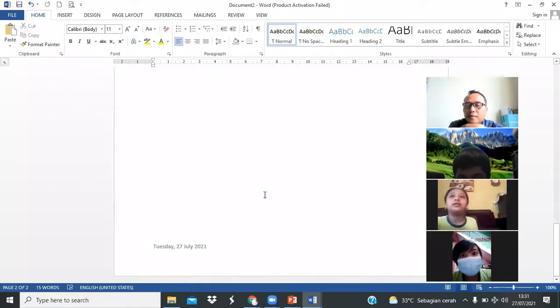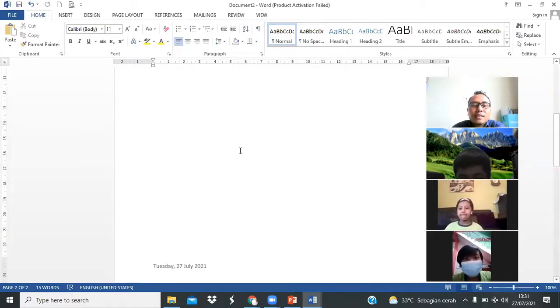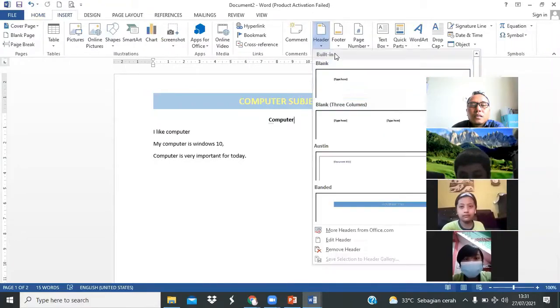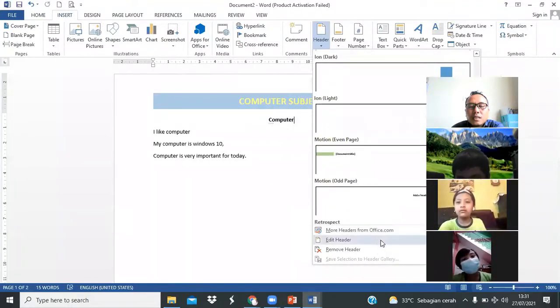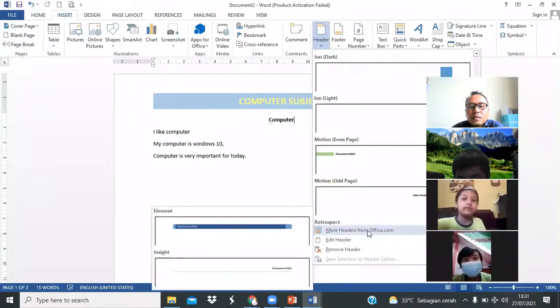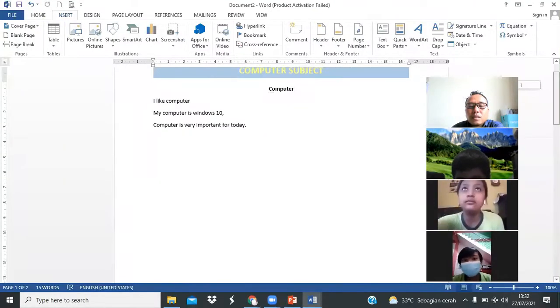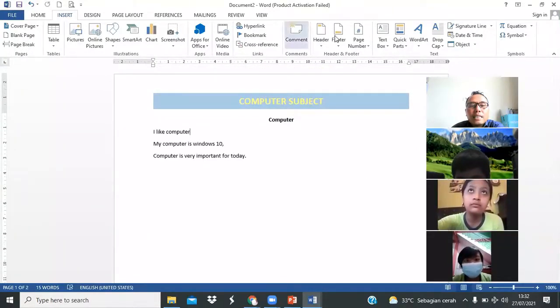Sir, how do you make the header in page 1 and page 2 different? Have you already tried? It is odd and even.